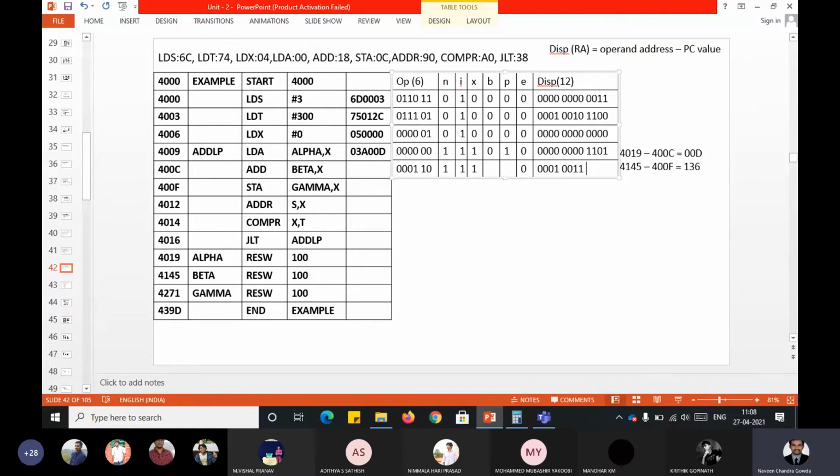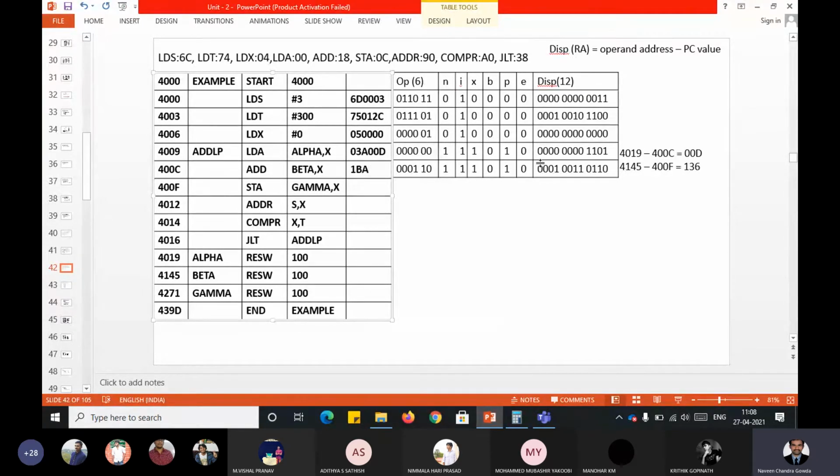You made use of the PC mode, so P will be 1 and B will be 0. So what is the final object code? The first 4 bits is 1. Next 4 bits is 1011, which is B, followed by 1010, which is A, followed by 136. That is the object code. I hope you guys are getting it. If you have any kind of doubts, you can ask me, my dear students. Next, I'll take you to the next.